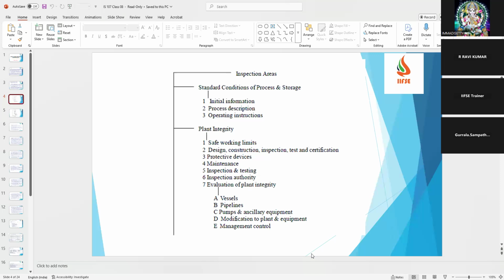We also check the vessels, pipelines, pumps, and auxiliary equipment, modification to the plant and equipment, and also management of controls. So we'll have different types of vessels and different sizes of vessels. They are made of different MOCs, and also pipelines. Also, we have to check the pipeline structure. What are the isolation controls, and also the complete network